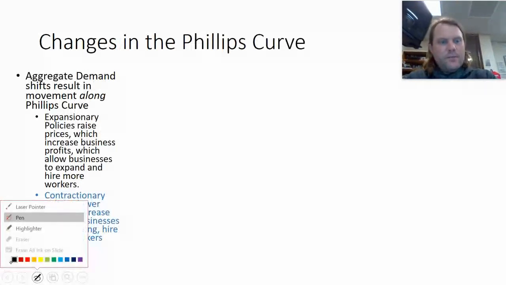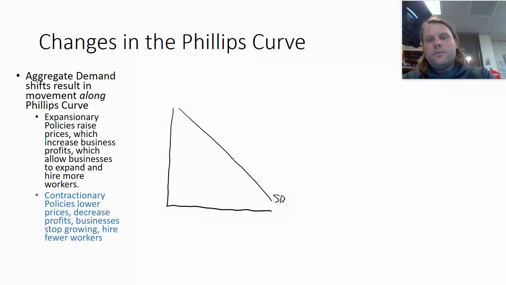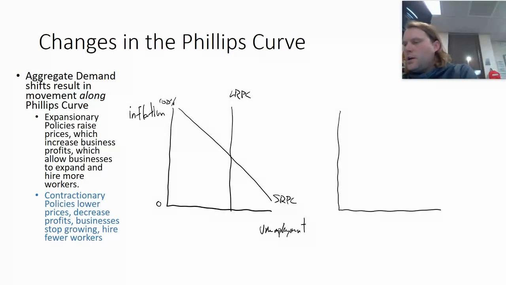Okay, let's start off here. We're going to start out with our Phillips curve graph. So we're going to say our short run Phillips curve and our long run. This is our unemployment axis down here. All right, here's our inflation. Now remember, inflation is going to go from hypothetically 0 to 100%. And then over here, we've got our long run